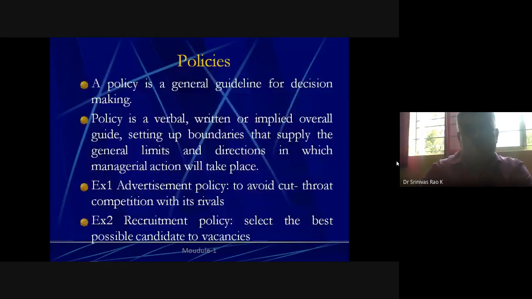So procedures and policies. What is a policy? A policy is a general guideline for decision making. For taking any kind of decision, we need to formulate certain policies, which are the guidelines, basically how to conduct certain things, how to conduct a certain technical process, everything. The policy is verbal, maybe written or implied, and it is a guide setting up boundaries that supply the general limits and directions in which managerial action can take place. Now, this example, advertising